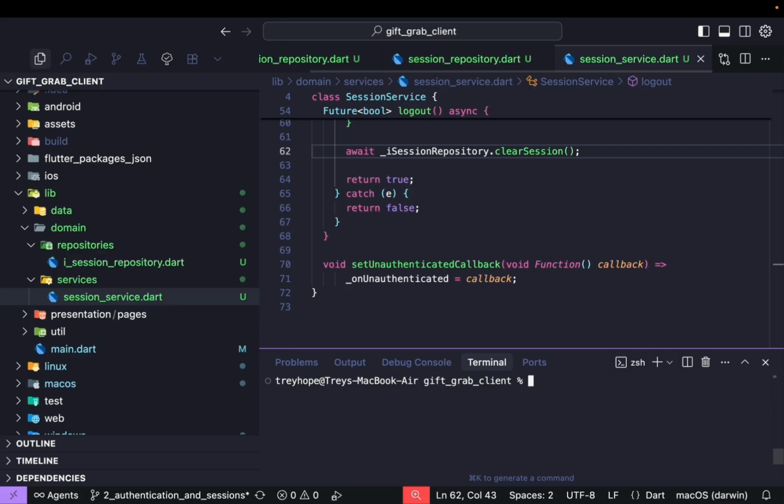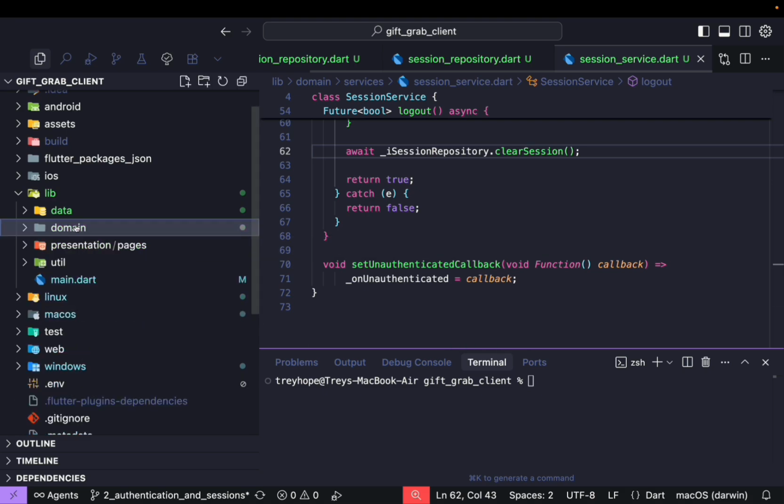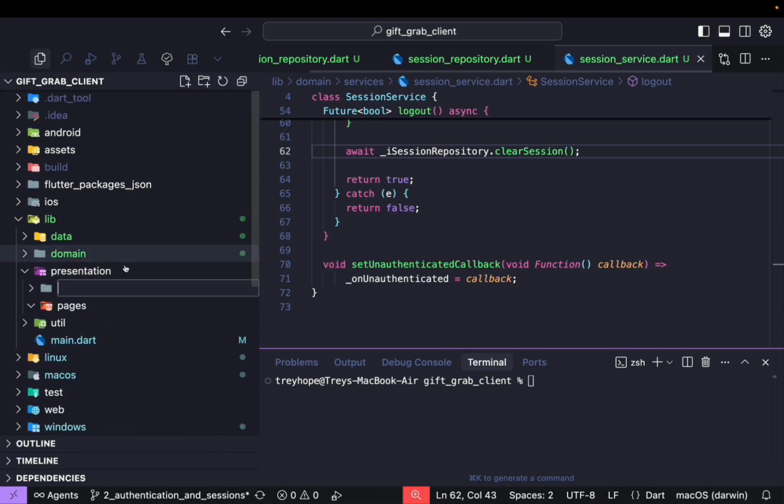It just creates the whole component on the fly based on the name, whether you want it to be a block or a qubit, and then the style, whether you want it to be basic or something else. So I'm going to be using that throughout the whole video, the whole series, and I'll demonstrate what that looks like right now. So I already have the Mason brick installed, so I need to first create the directory for the qubits, which will be within the presentation layer, and I'll call this qubits. And then I'll navigate into qubits,